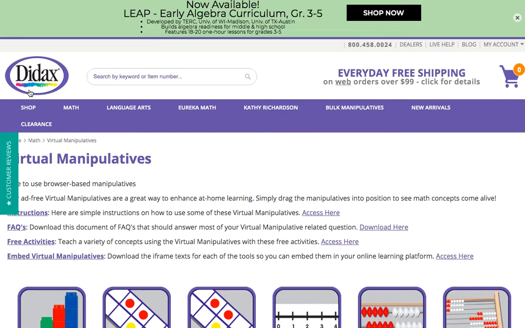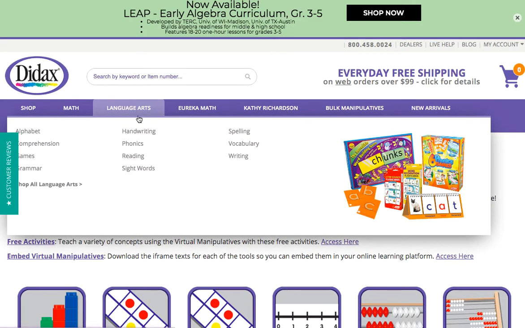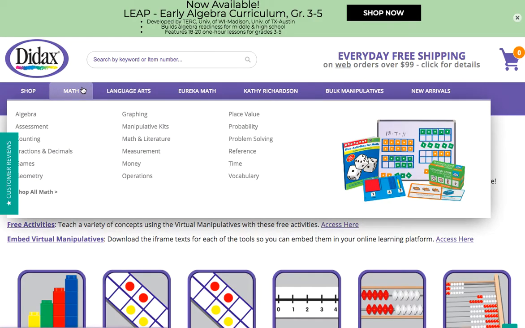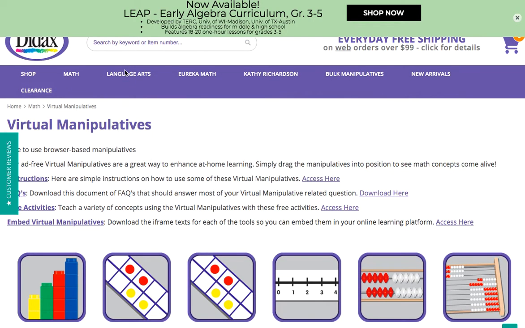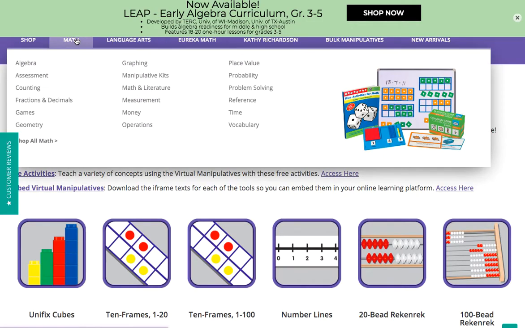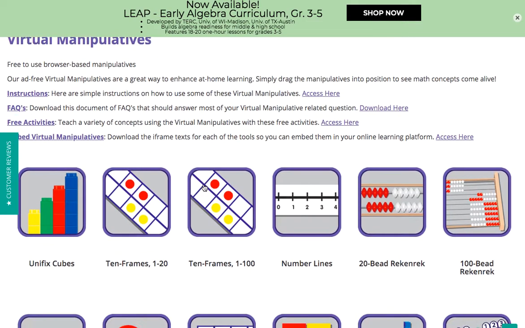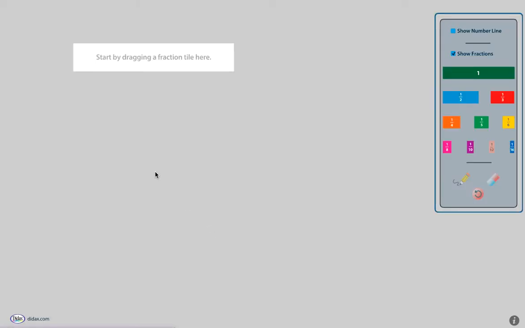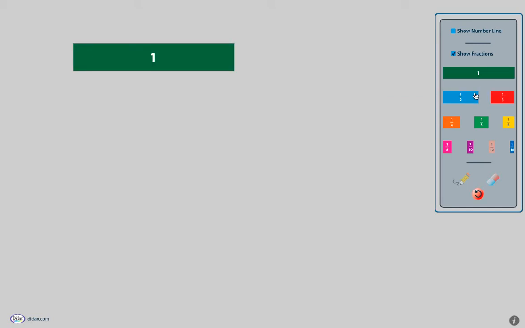So the first one is this website called Didax, and you just go to Didax, it'll bring you to these virtual manipulatives. And you just have to find, I'll link it on the assignment as well, fraction bars and tiles. And you can start dragging them and moving them around how you want. So you can see